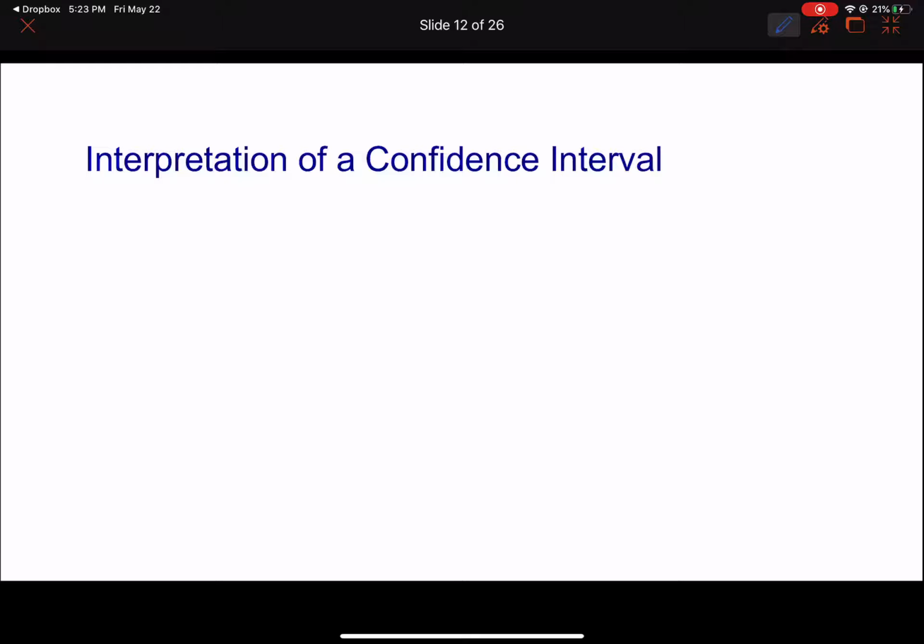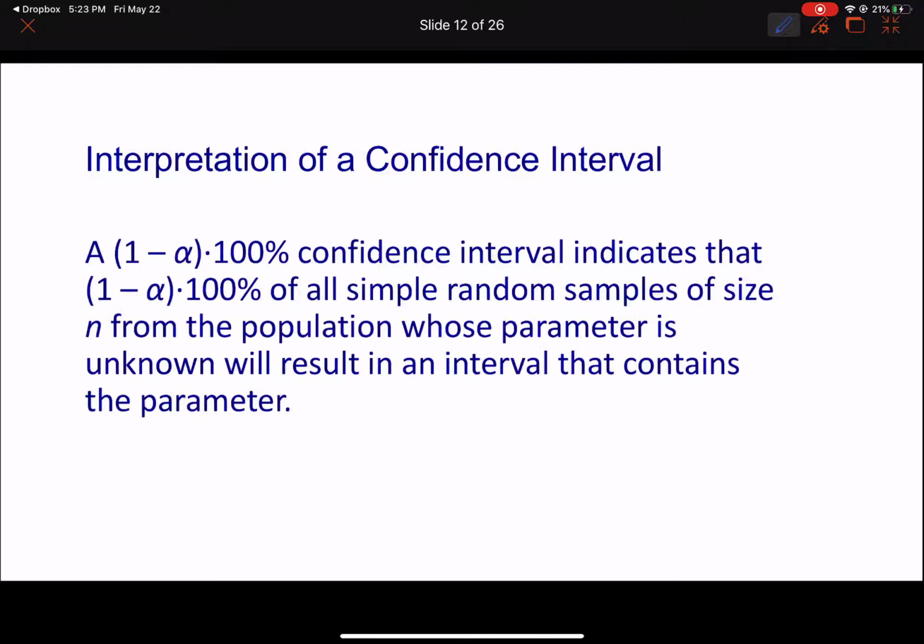All right, so interpretation of a confidence interval. I'm hoping that this will help you a little bit. I know this is a little bit confusing, but let me show you. So a confidence interval indicates that whatever this is, this percent of all simple random samples of size n from the population whose parameter is unknown will result in an interval that contains the parameter. So basically what this is saying is that